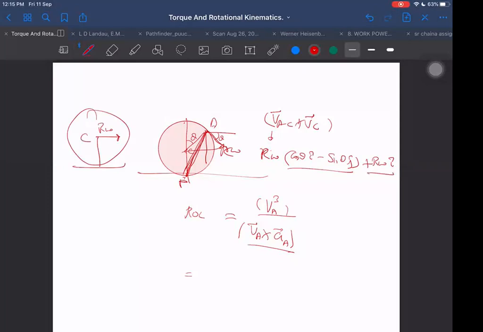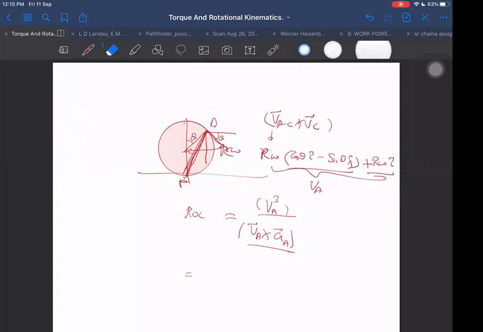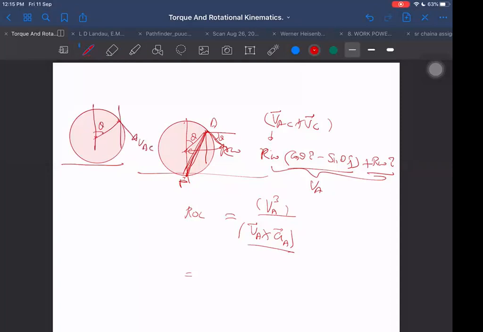That is VA. Is it okay? VA is this only or not? Yes, sir. Let us see once again if it is right or not. See, with the vertical it is theta angle. This is VAC. With this side it is theta, with this side 90 minus theta, with the horizontal it is theta again. So horizontal component is cos theta I cap, vertical component is minus sin theta j cap. Velocity is r omega only for VAC. So we are getting VA.